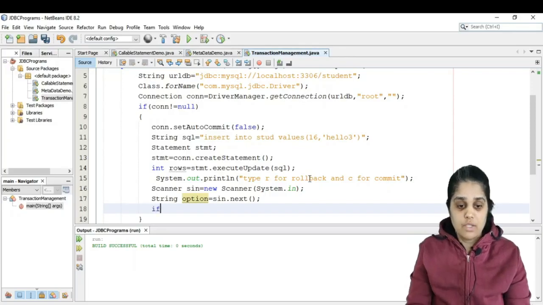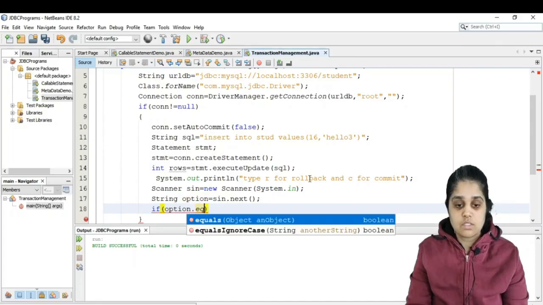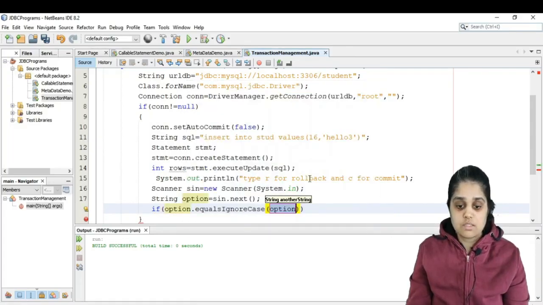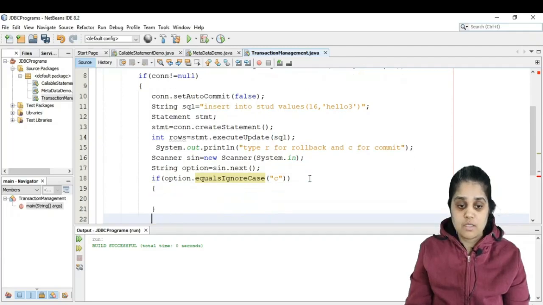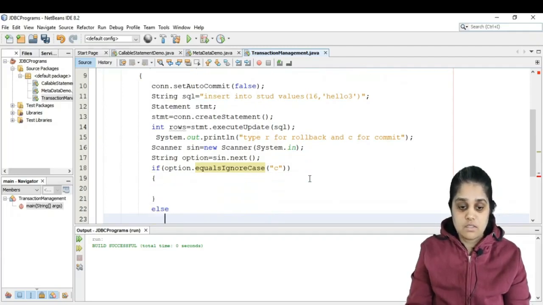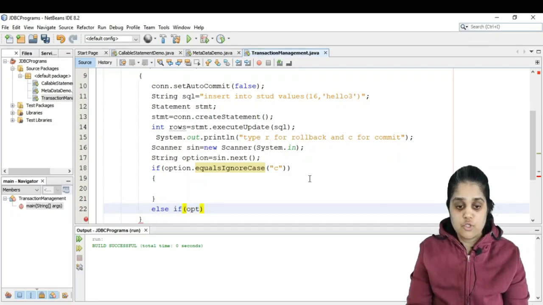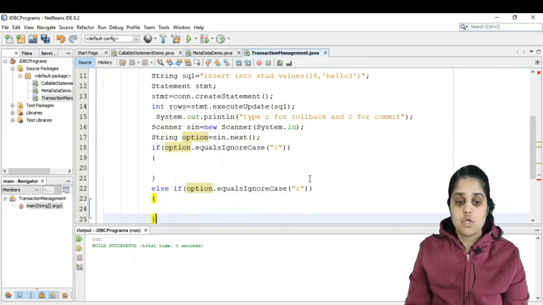Now we can do: if option dot equalsIgnoreCase, and I can write C, then you are supposed to commit, else if option dot equalsIgnoreCase R, then you are supposed to roll back.